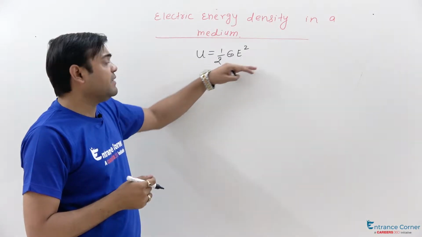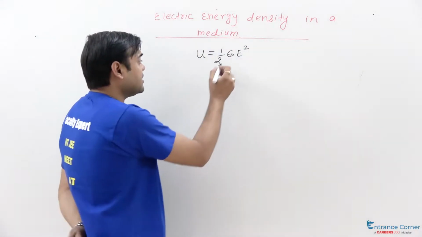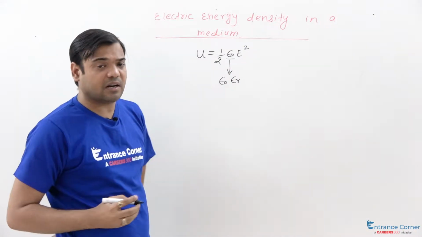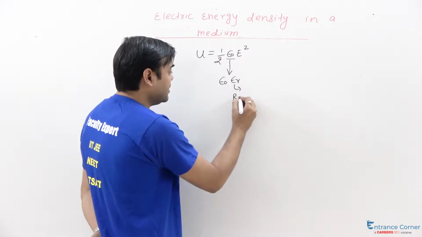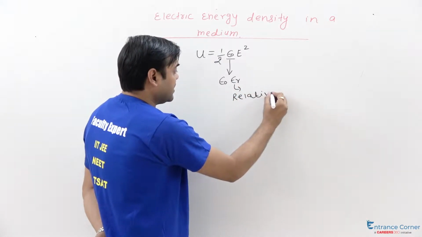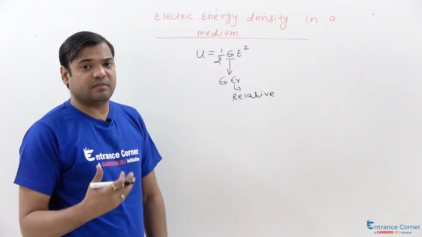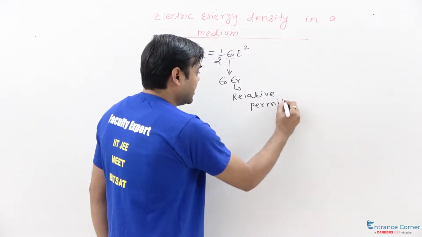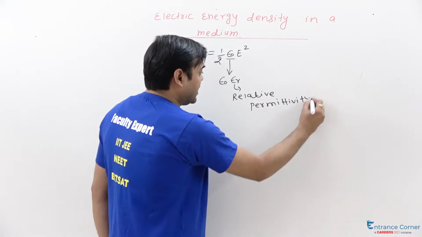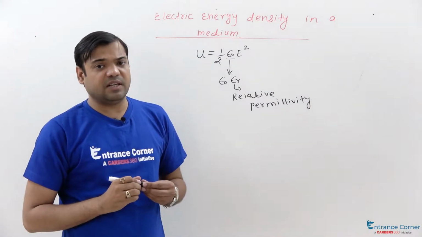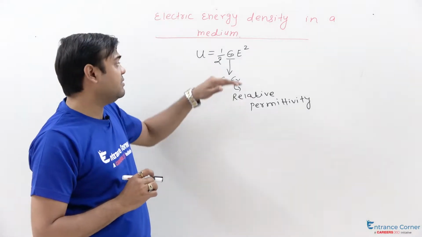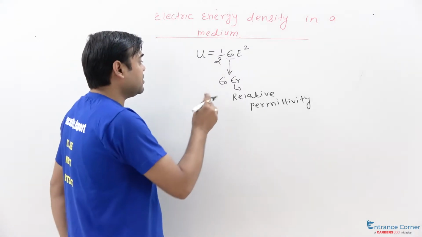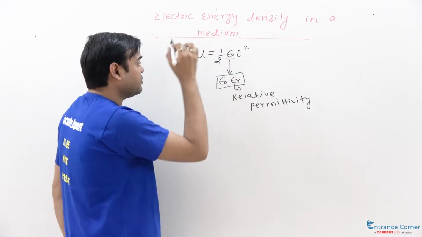In case we are dealing with other mediums, in that condition epsilon naught becomes epsilon naught into epsilon r, where epsilon r is called relative permittivity, that is the additional value of permittivity corresponding to a medium. This is the relative permittivity of a medium. As you know, vacuum has the least value of permittivity and any other medium will have permittivity that is slightly greater than the permittivity of vacuum. So if you are going to deal with some medium, you have to replace epsilon naught